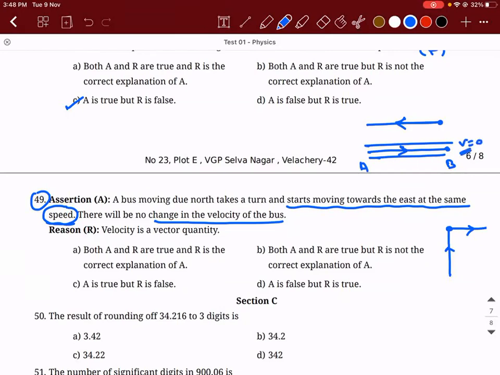Whereas with respect to a perpendicular road like this, let's say you're going in this track and you're supposed to turn, is there a necessity that you need to make the object come to complete rest here?